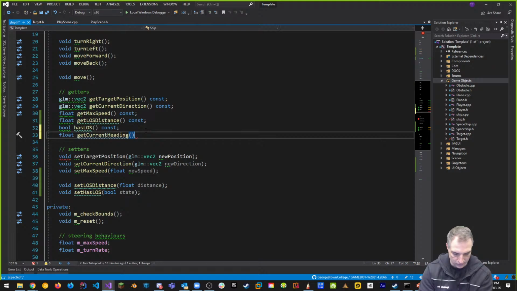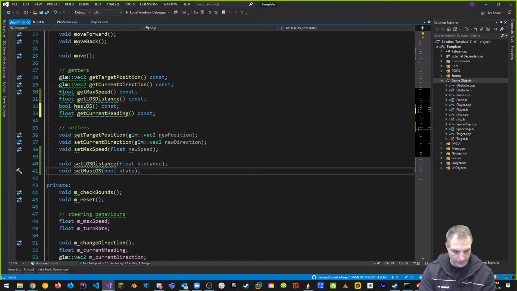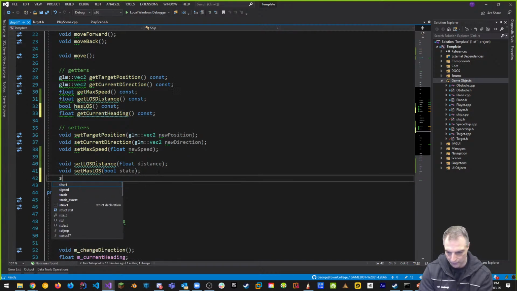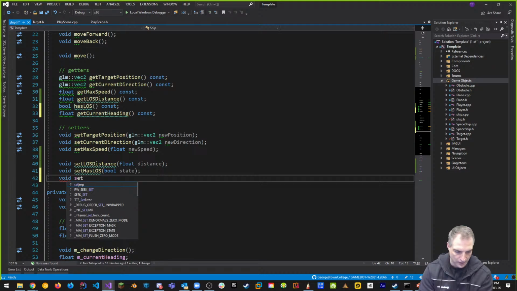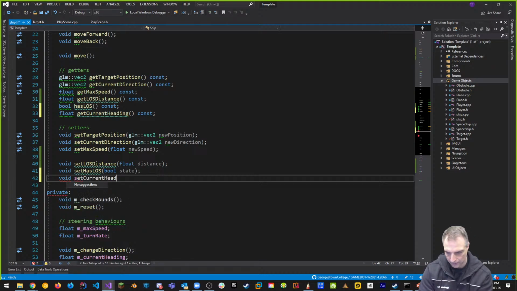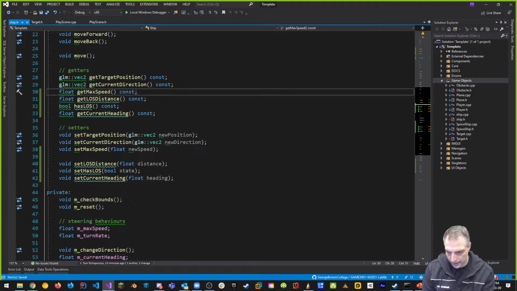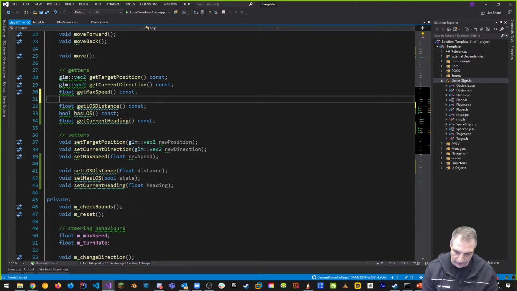Again, I'm just adding these new things into the ship class to support the things we're going to do, as well as a setter for void set current heading, where I pass in a float, whatever the new heading is. So those are the things I want to start with to support the new stuff. So I've added 6